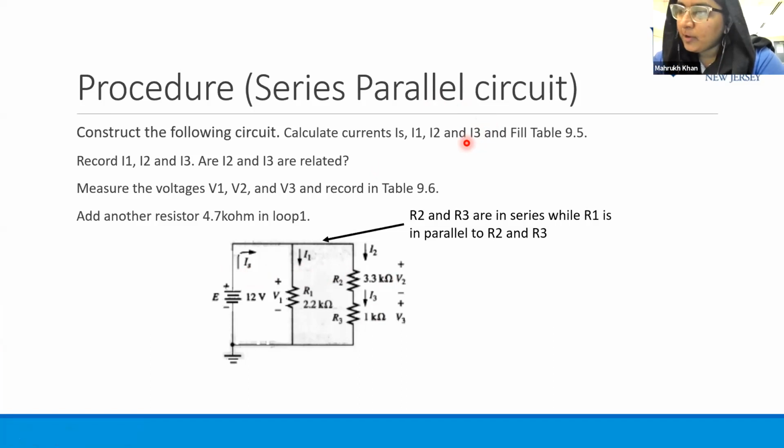So table 9.5 asks you to find currents. So I2 is equal to I3. You can just write it like that as well in table 9.5. Here we just have the calculated value and the simulated value. So in the table for now, you can just write it like that. And the other thing is,